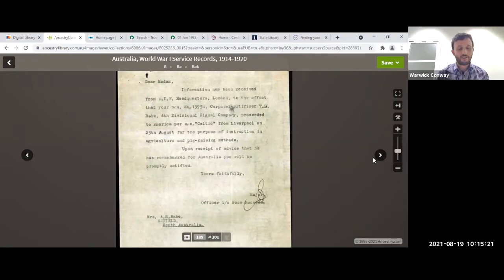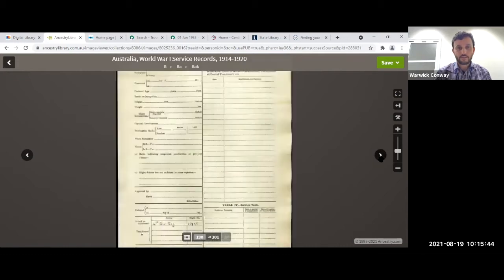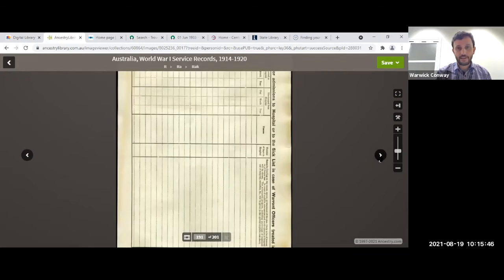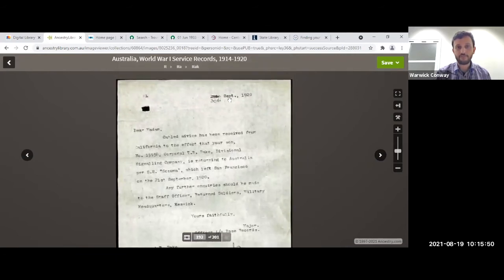So this is really unusual. In this case, he's a World War I veteran. He's finished his service. This is a piece of correspondence from November 1919. So this is actually after the Paris Peace Conferences at the end of World War I. He has then been sent to study in America, and that has been added to his military record. It's highly unusual for that to be the case. So that's from 1919. Now, we have another piece of correspondence later on, 30th of September 1920, and